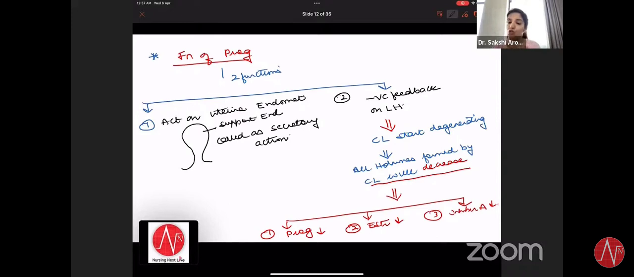तो प्रोजेस्टेरॉन डिक्रीज होगा, ईस्ट्रोजन डिक्रीज होगा, इनिबिन डिक्रीज होगा। एंड जब प्रोजेस्टेरॉन डिक्रीज होगा तो जो प्रोजेस्टेरॉन एंडोमेट्रियम को सपोर्ट कर रहा था वो प्रोजेस्टेरॉन कम हो गया, तो अब क्या होगा, पूरी की पूरी एंडोमेट्रियम will be shed, राइट, एंड दिस इज व्हाट इज कॉल्ड एज मेंस्ट्रुएशन।